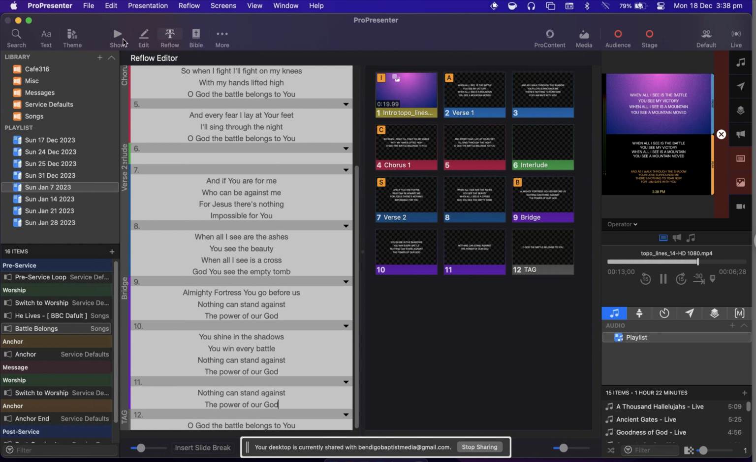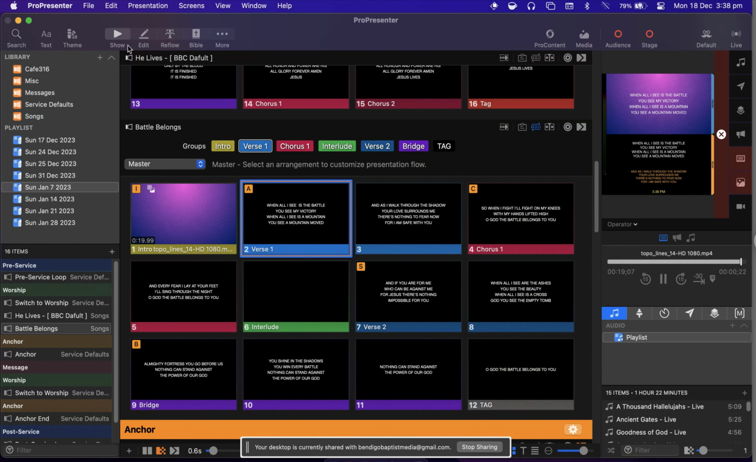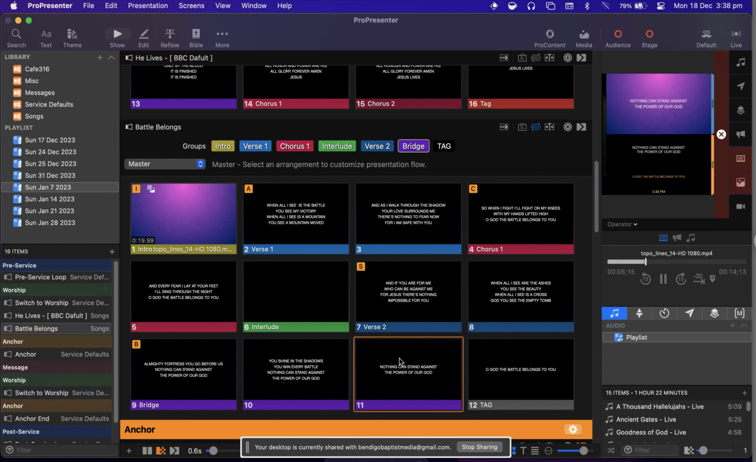So if I then go back up to show, which takes me back to the normal page, I do that, and you can see for the bridge here, it's added in that slide that I just added there. So every time there is a bridge, now this will be done. Now if I don't want that to be the case, I want that as a standalone slide, I'll go back in here